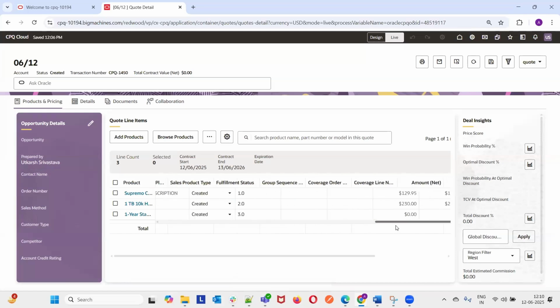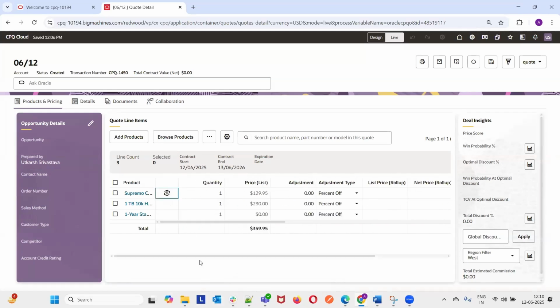So this is the line item grid in the Redwood UI. The look and feel of the line item grid is almost same as that of the Jet UI, but there is this additional searching feature added in the Redwood UI. So here we can directly search the product, and we can list out the products which we want to see.